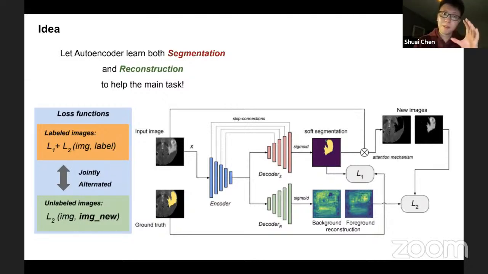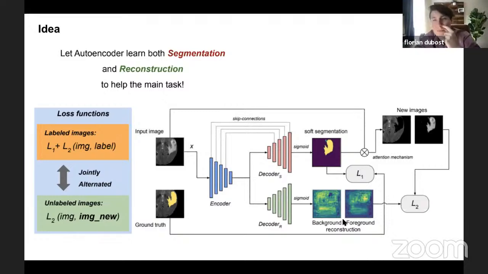For example, if the object we want to segment is quite easy, the UNet's first layer is already enough. But maybe that's not really the key clue to segment, so all the deeper layers are wasted. In this way, we can make full use of the autoencoder. And if we want to make full use of the autoencoder, the reconstruction may not be perfect, because if it's perfect, that means it's quite easy to reconstruct and there is not so much information in the image. So that depends on how we design it and how much we want to compress the image.